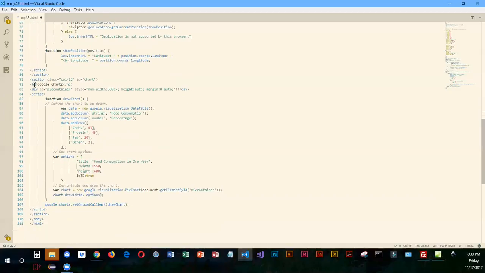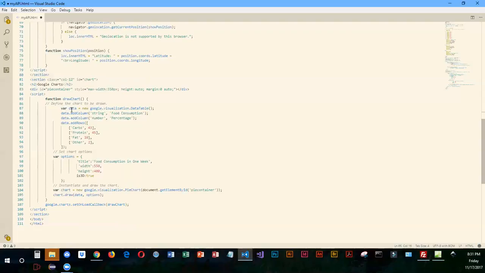And then underneath our Google chart heading is where you're going to add the HTML and the script. So the HTML is basically just a division tag, and we've got an ID set to pie container. This is where the pie chart is going to go. Okay, and then inside the script, it's basically setting up all the different parameters that we need to create this